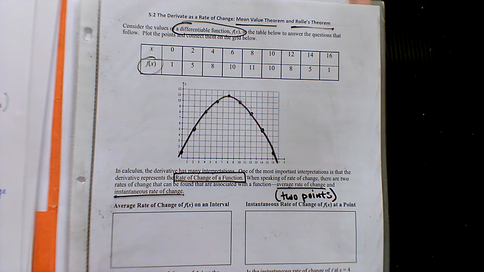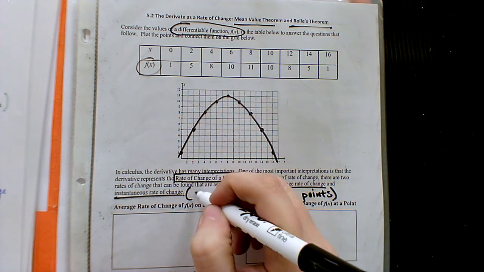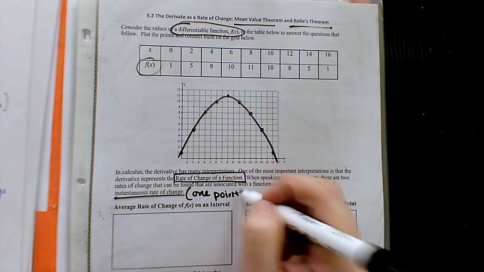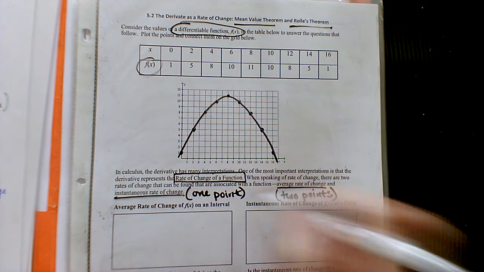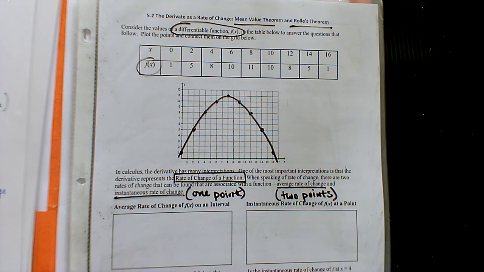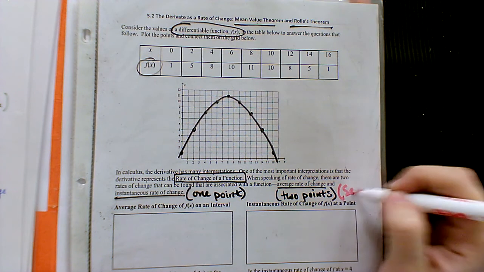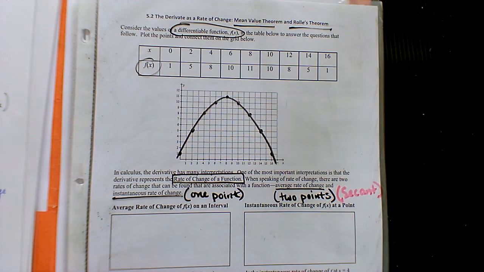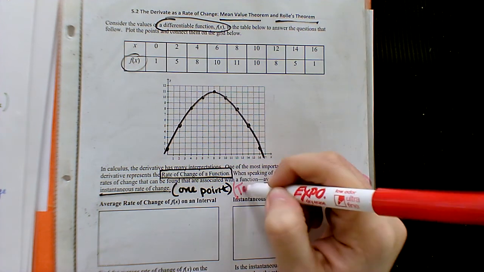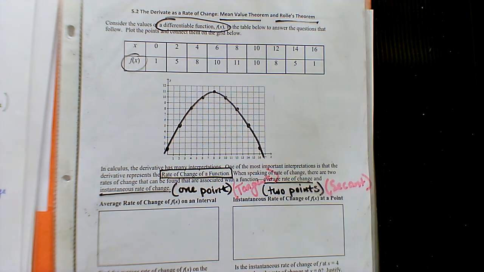But if you're looking at an instantaneous rate of change, like how something's changing at an instant, that's indicative of 1 point. And we've kind of already briefly touched on these two different concepts, because if you want to find the rate of change between 2 points, we normally use a secant line to help us with that calculation. And if you want to find the rate of change at 1 point, that's called a tangent line, because you only touch the curve at one spot. We're familiar with those two types?